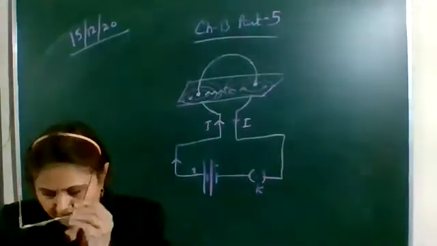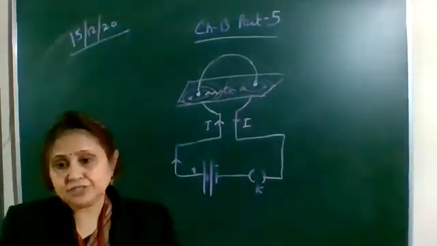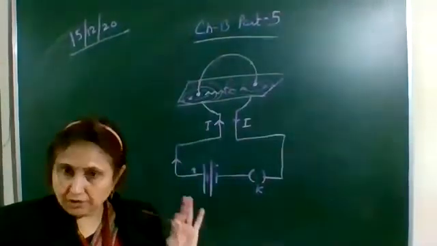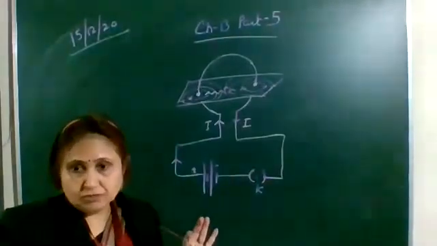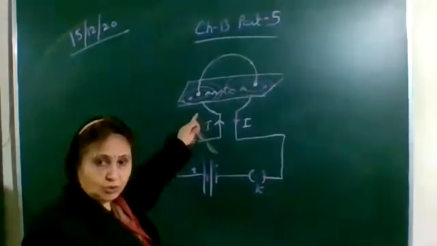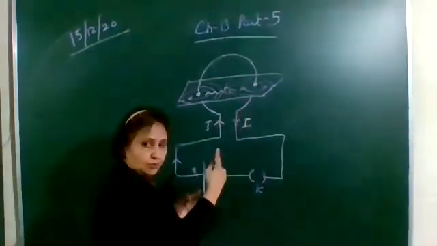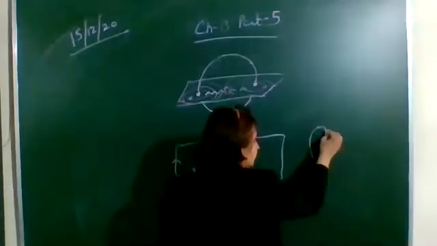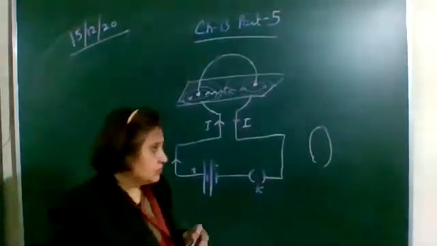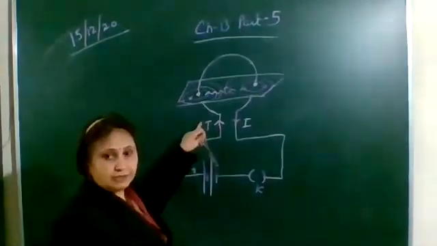Which activity will you give? Activity 13.6. In the book, in the figure which is drawn, the loop is perpendicular to the plane of the paper, or you may say perpendicular to the plane of the book. But here in this figure, I have drawn the loop which is in the plane of the board. The loop is not like this, perpendicular to the plane of the board. So draw this figure in which the loop is in the plane of the board.